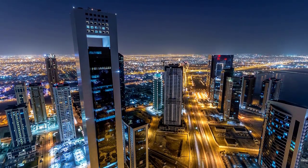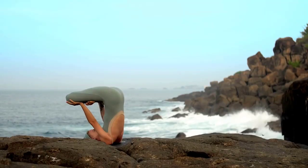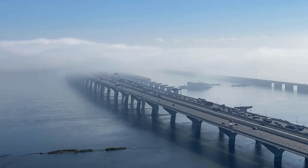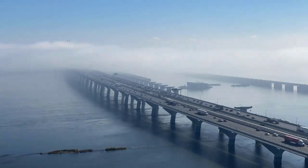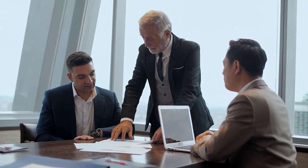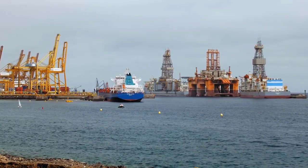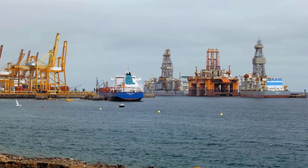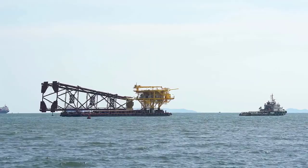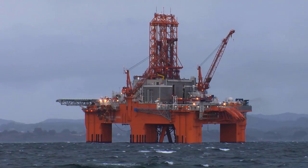With the use of the recently developed tunneling shield, the 400-meter Thames tunnel might be completed in 1843. Subsea tunnel technology has advanced significantly since then, and the development of the tunnel boring machine allowed for the realization of considerably larger-scale projects. The 50-kilometer Channel Tunnel that connects Britain and France currently has the longest underwater section in the entire globe. It is regarded as one of the most incredible engineering achievements of the 20th century and was